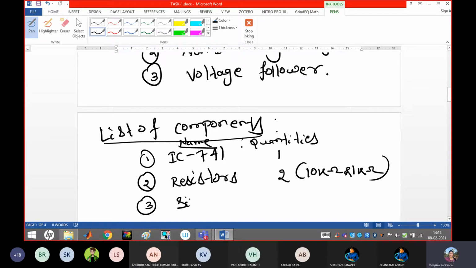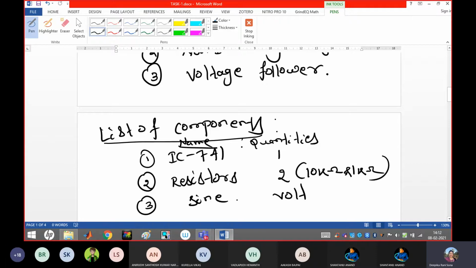First one, sinusoidal you write. Okay, not AC. You write in short form, sine, because in that form only it is available. It is called a sinusoidal voltage, so sine.